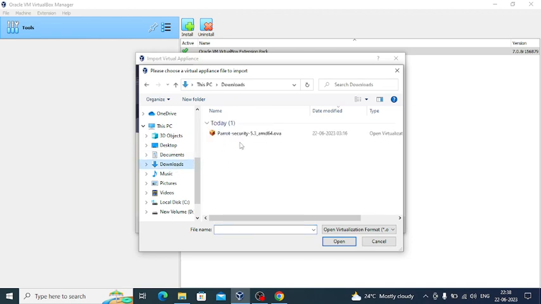It's in my downloads folder, Parrot Security 5.3. If you download later, the version can change. At present it's 5.3. I will just select this and open,